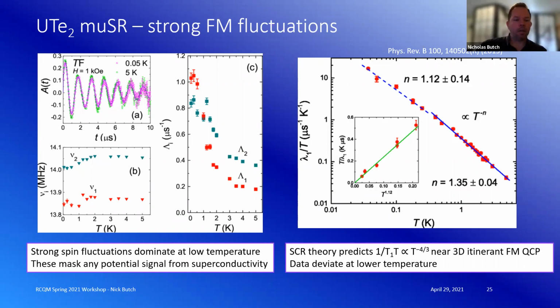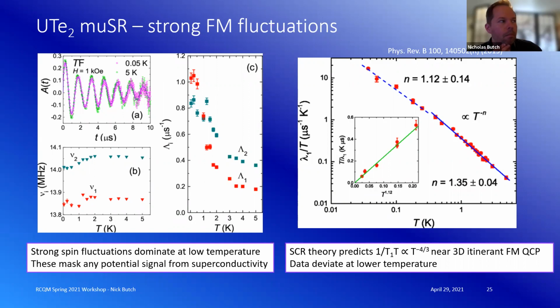The MuSR data here also, if I remember correctly, were measured on a powder, or rather a polycrystalline sample, just to get enough mass. So I don't think we've got direction dependence here. But actually, if I measure the NMR relaxation rate for field along B and C, I should pick up the contribution to 1 over T1 from the magnetic fluctuations along A.